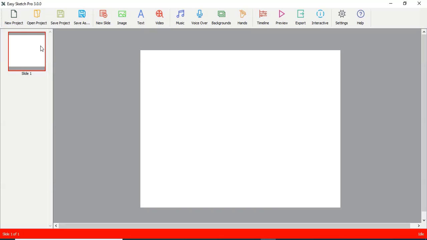If you can see here, you have all of these tabs: new project, open projects, new slide, image, text, videos,